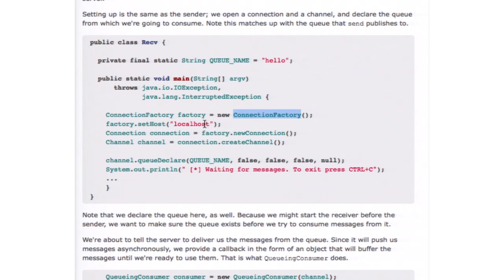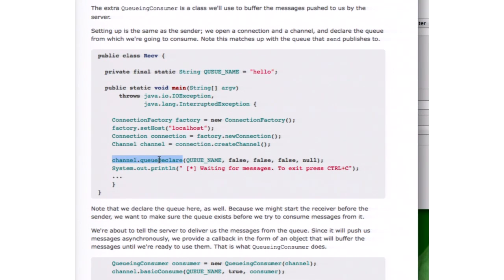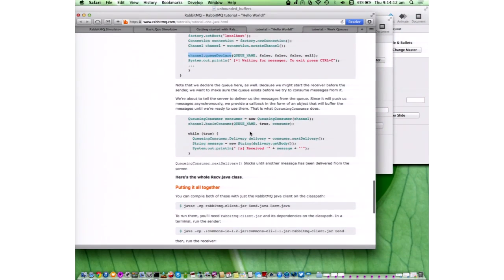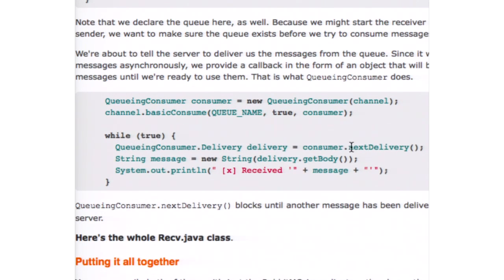You will create a connection, connect to localhost. You will have a channel. It's a way to multiplex connections. And then, for example, you declare the queue. That's how you will do when I was dragging things around. Then you can receive messages from the queue and do something with the message. Of course, using Spring Integration, you have this all on top there.